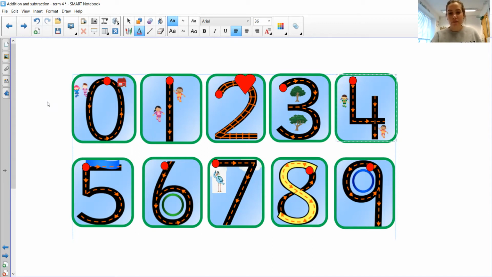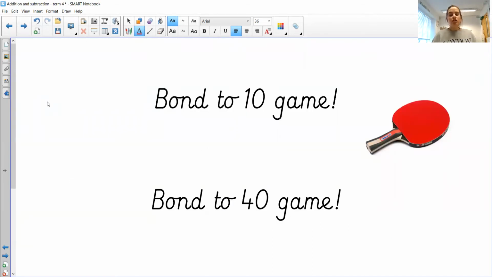Well done, everybody. Okay, so we're going to skip the bonds to 10. We've been practicing those loads and loads. And we're going to look at bonds to 40. So if I said 31, you guys would say 39. Excellent. If I said 32, you would say 8. If I said 33, you would say 7. If I said 34, you would say